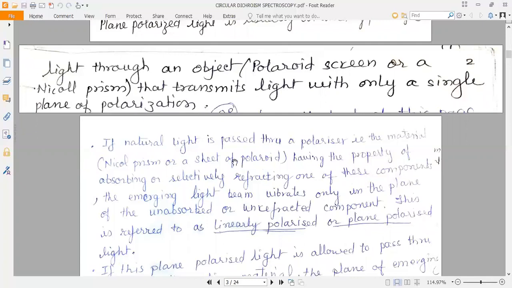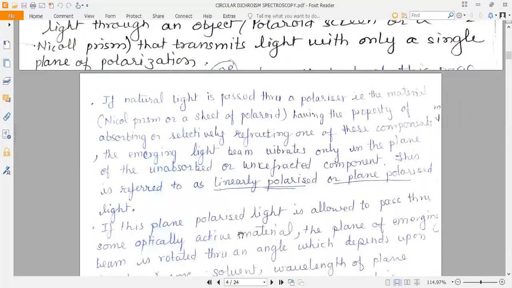What is the function of Polaroid? It absorbs all the light coming on it and permits only one vector to go forward. Or in other words, it selectively refracts only one of many components falling on it. और जो आगे बढ़ती है बीम वो प्लेन पोलराइज्ड और लीनियरली